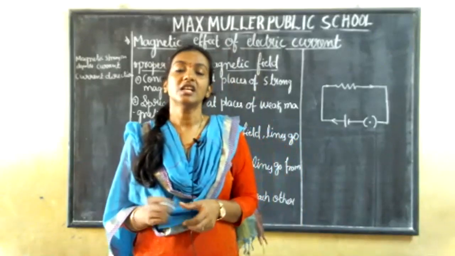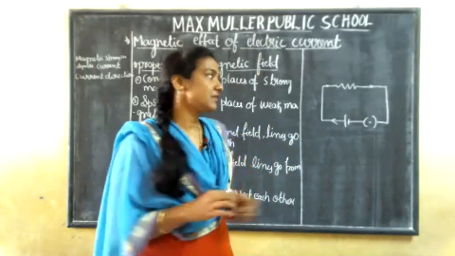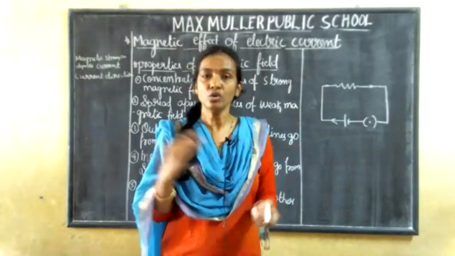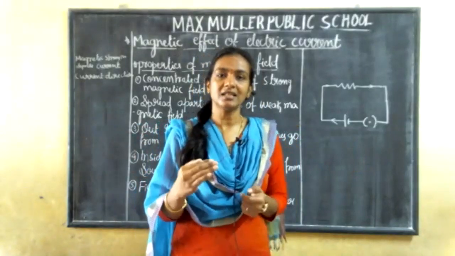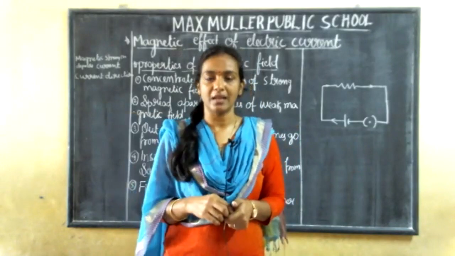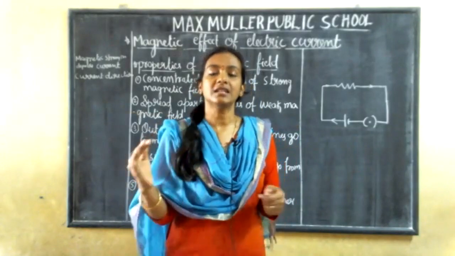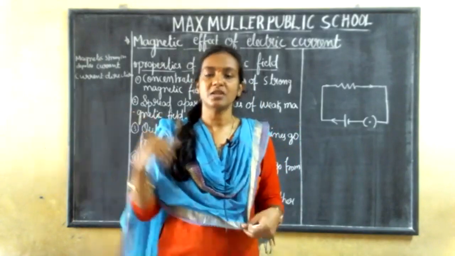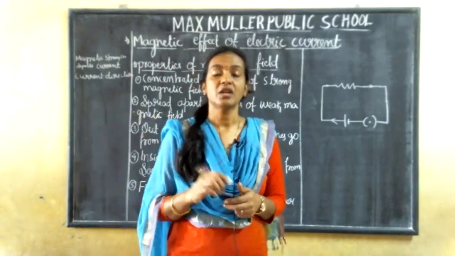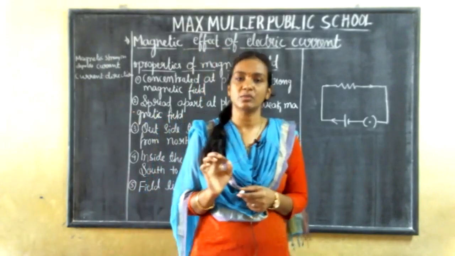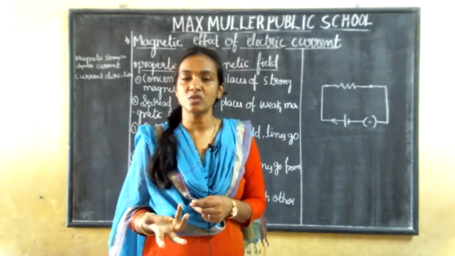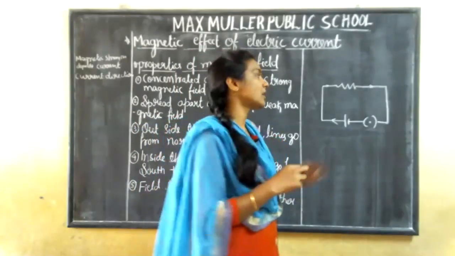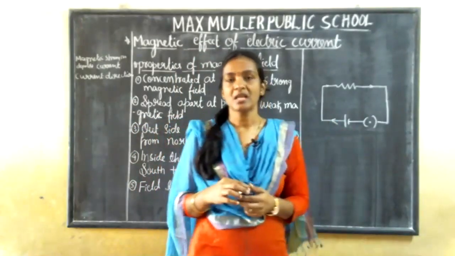So what he did, he was doing some experiment himself in the lab with the electric current. Unknowingly, near the electric circuit where he was doing experiments, a compass was there. When he started to do some experiment, he started to find out the values of the ammeter and voltmeter, applying some current into the circuit.